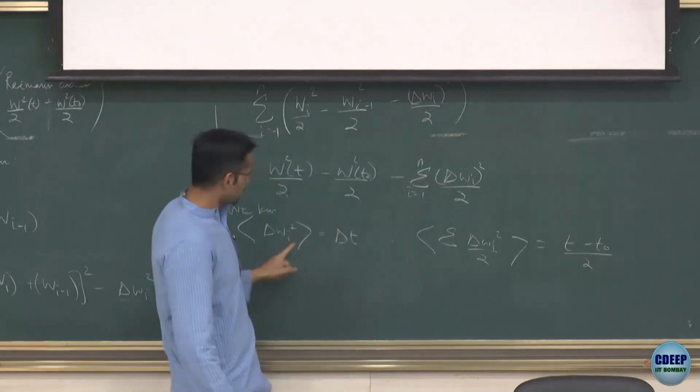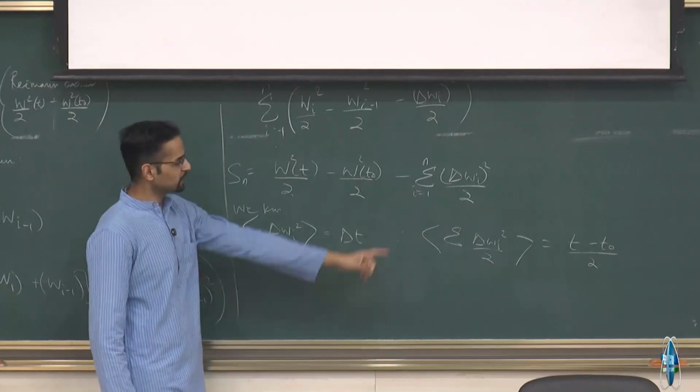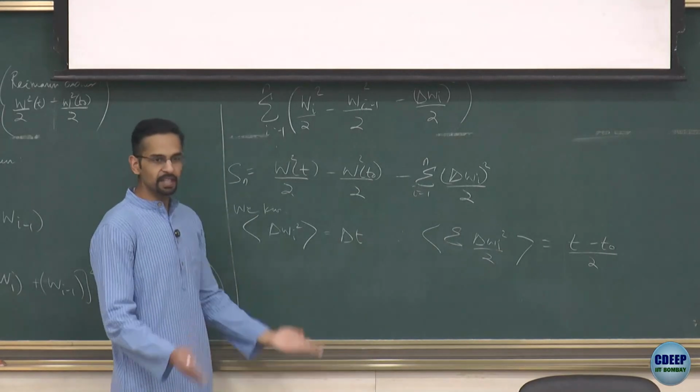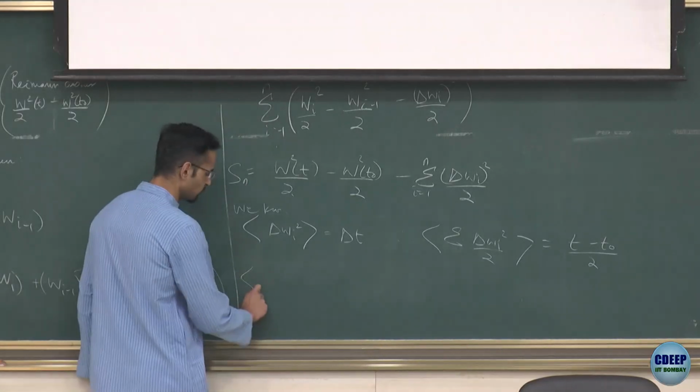So when we use this fact, we will anticipate that the mean of Sn would have this (t minus t naught) by 2 sitting there. So therefore, let's take that as a guess. What we have calculated is the mean of Sn. So now I know that the mean of Sn